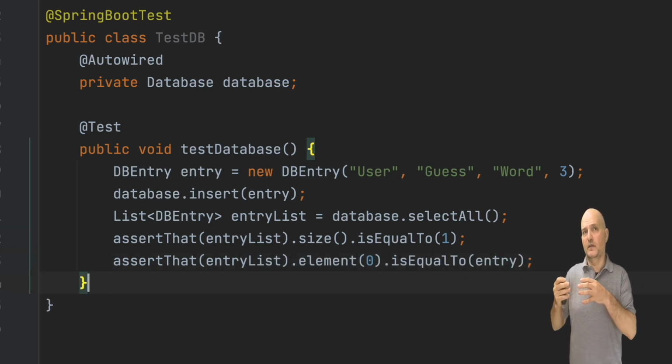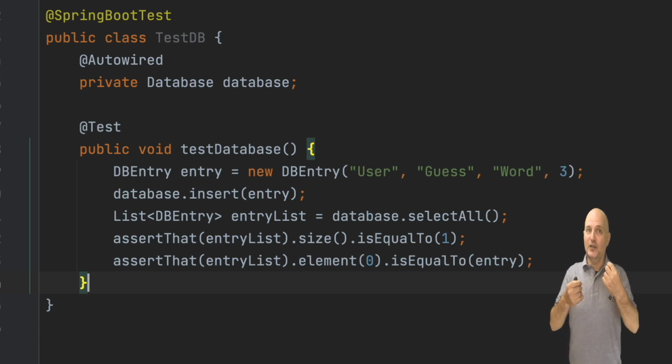If there's a bug in the select or the insert method, the test will fail. But what if there's a bug that doesn't cause a crash? That's where the assert statement comes in. We verify that the list has one element in it, and then have a second assertion that verifies that the entry returned from the select query is identical to the entry we saved. But this test will fail at least after the first run. Since we save entries in the database, in the second run, we will have two elements. We need to prevent the database from saving.